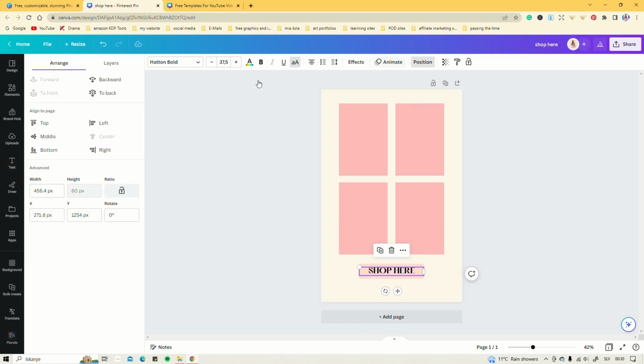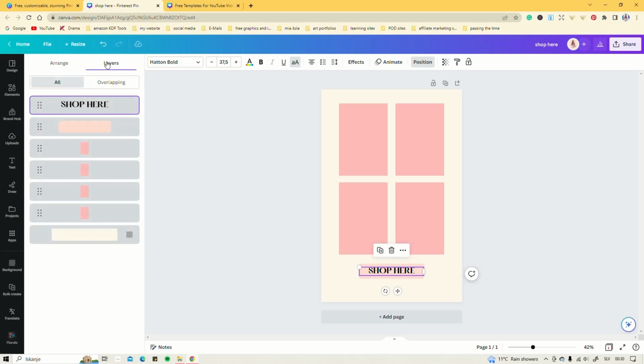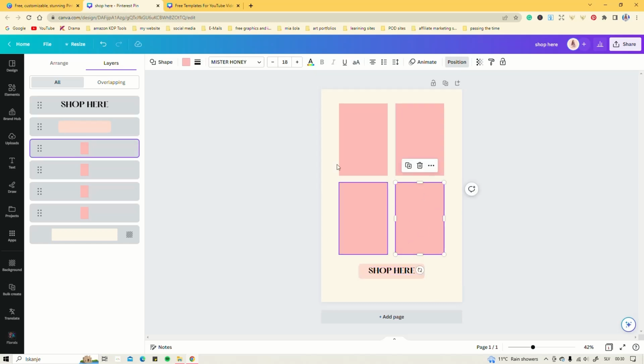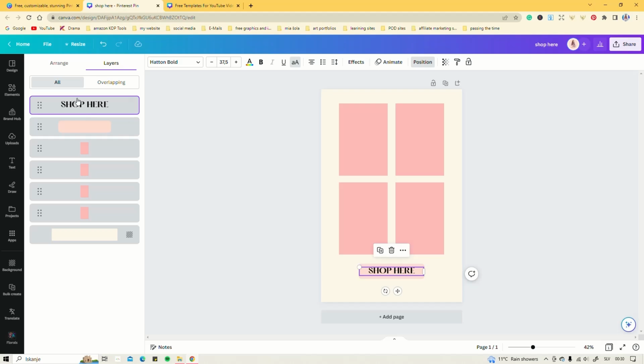In position, you can align it, but also if you go to layers, and if you have a few items overlapping and you can't click on the one, you can just come here and click on it and then edit it. And that's that. So you have also transparency over here, you can lock it, copy style, but for now we are going to change the color